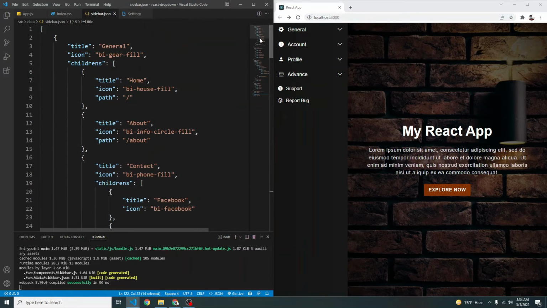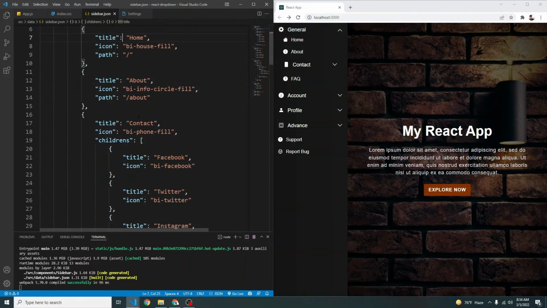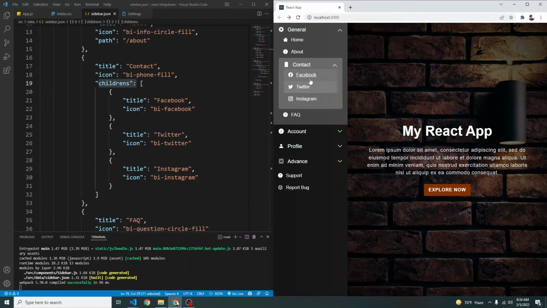Now all of our objects can also have a children array inside them. If we have a children array, that means our item or our link here will have a submenu inside it as well. As you can see, we have this home, about, contact, and we have this home, about, contact here. Now the contact once again has a children property, which is an array of objects. So again this has a submenu inside it, which is why it has this drop down icon, and if we click on it, we'll be able to see we have a submenu inside that.